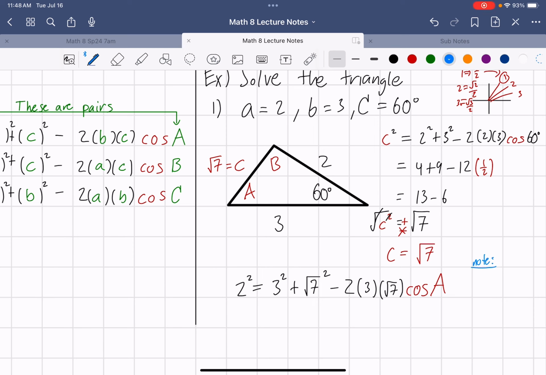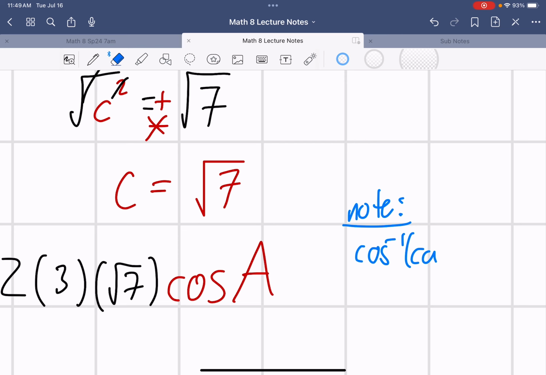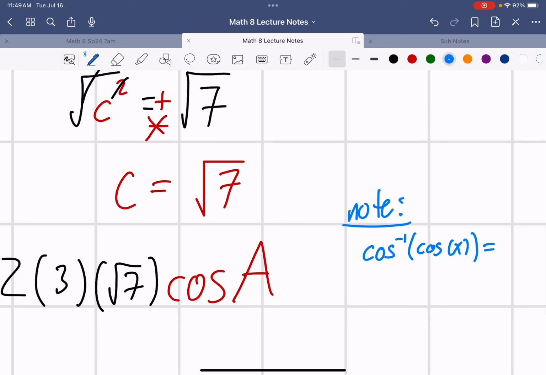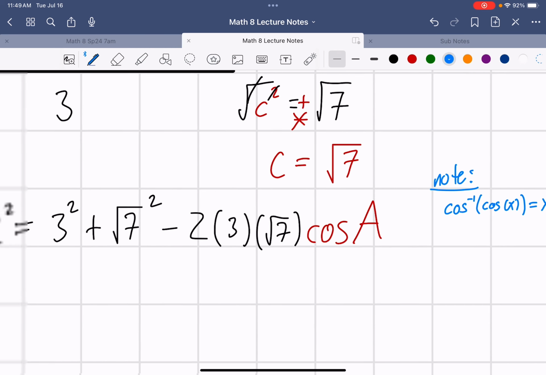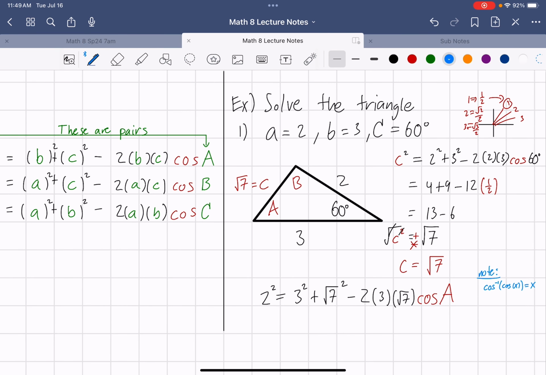The moment we have this, we have to remember our cancellation property or our inverse property. Let me zoom in. Some people call it cancellation or composition, right? How we can compose two inverses and they simplify to just the argument. So the moment you're looking for an angle, know that that's going to have to be done for these trig functions. Now, to not make this video extremely long,